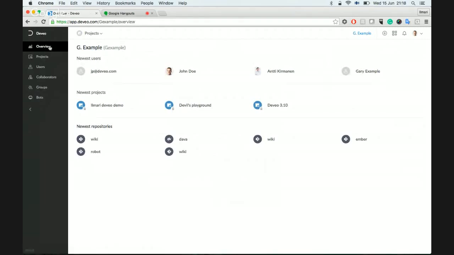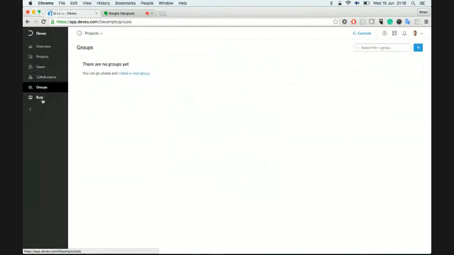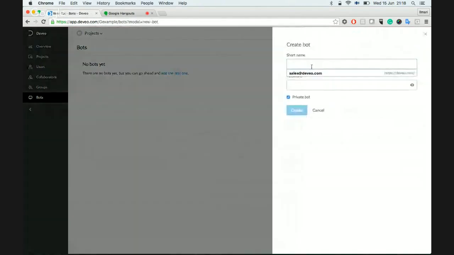Able to access the company's overview, the list of projects. Bot account, and I'll explain and walk you through the concept at the same go. So I'll create a new bot and add a name,